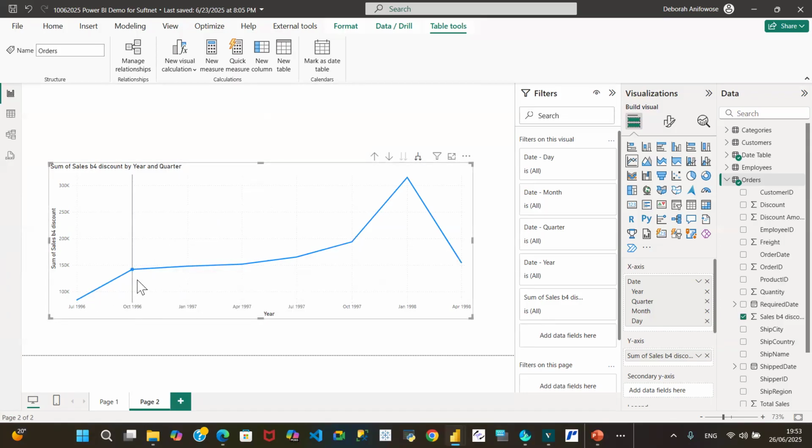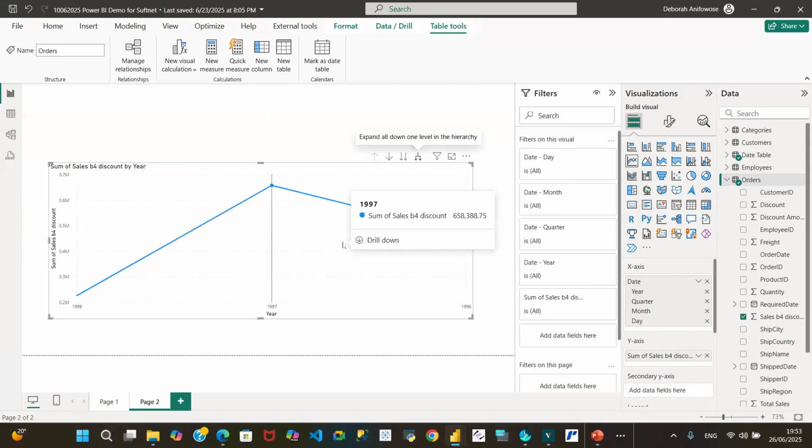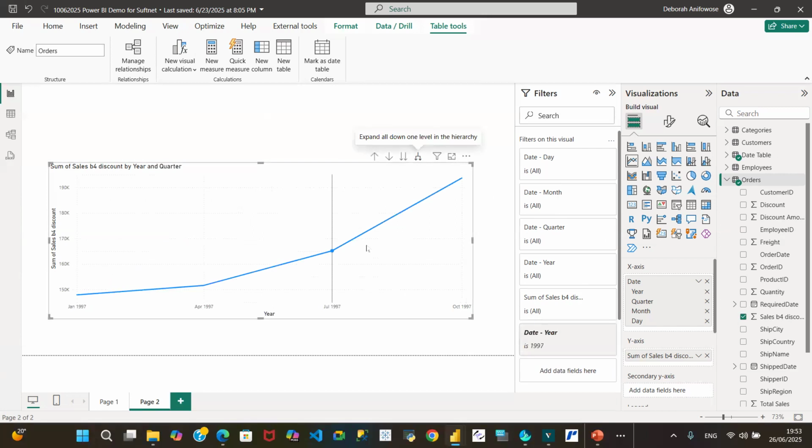From July, we had a bit of increase to October. Not that much increase up until April 97. But from April 97, we start to see that rise, and then this sharp rise in the January of 98. But we then dropped in the April of 98, and we wonder why. It's good to wonder why. And we keep seeing this drill up and drill down. We click on drill up, it takes us back to the year. Drill down takes us back to